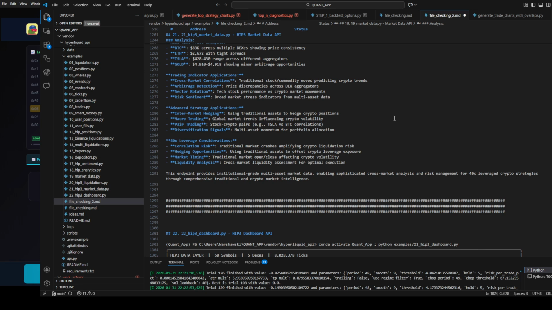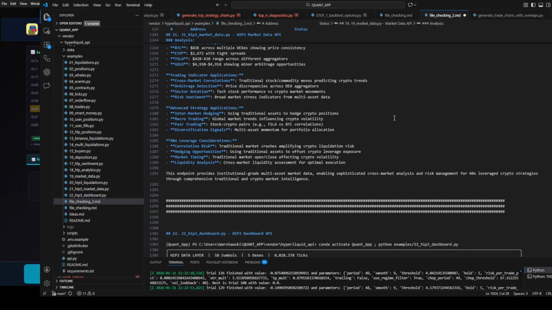macro trading, global market trends influencing crypto volatility; pair trading, stock-crypto pairs, for example Tesla versus BTC correlations; the diversification signals, multi-asset momentum for portfolio allocation; 40x leverage considerations, correlation risk, traditional market crashes amplifying crypto liquidation risk; hedging opportunities using traditional assets to offset crypto leverage exposure; market timing, traditional market open-close affecting crypto volatility,